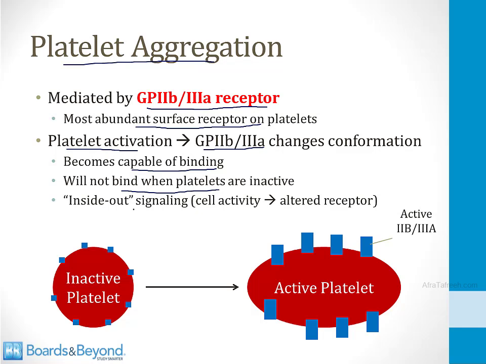This process is sometimes called inside-out signaling because cell activity leads to an alteration in the receptor. Usually it's the other way around. The receptor gets altered and it triggers some cell activity. In this case, it's backwards. And I've shown this in a picture at the bottom of the screen to help you remember it. Inactivated platelets do have the 2B3A receptor, but it's not capable of binding. When the platelet becomes activated, the 2B3A receptor changes conformation and it's then capable of aggregating and sticking to other